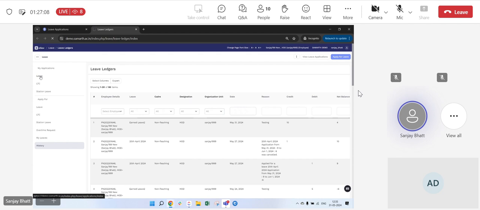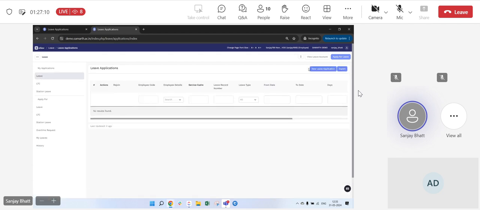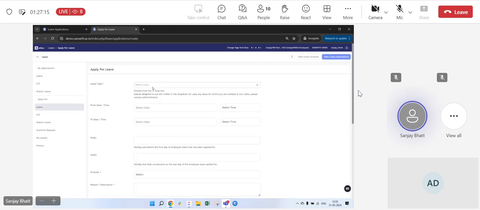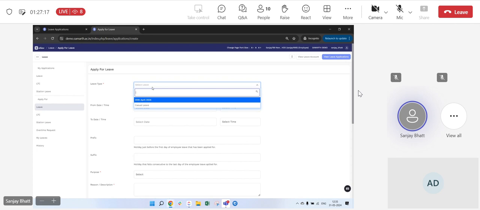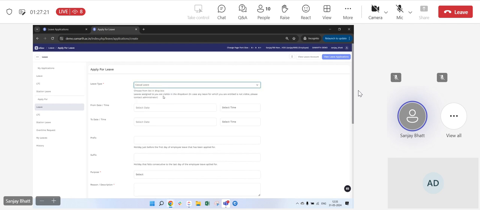Now, if any employee wants to apply for leave, he goes to the leave option, then clicks on the new leave application. Then he can select the leave type, which is whichever leave the admin has mapped to this employee. Those leaves are reflected in the drop-down, and the employee selects the leave he wants